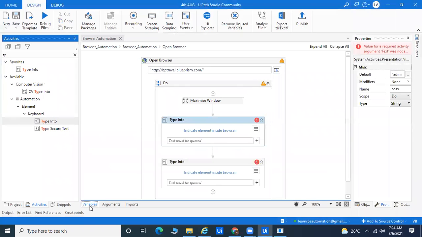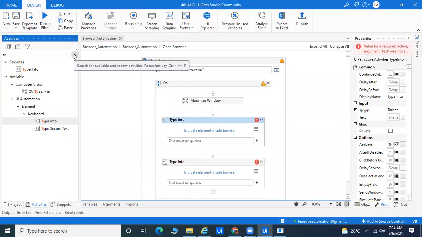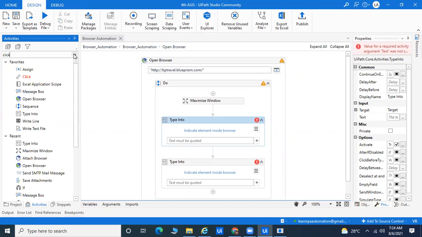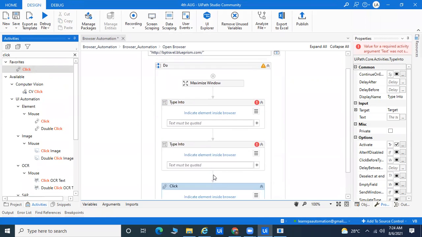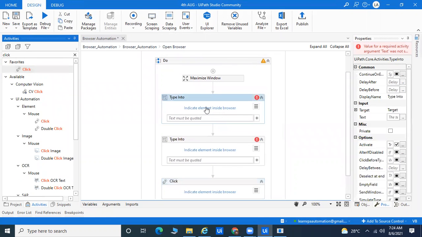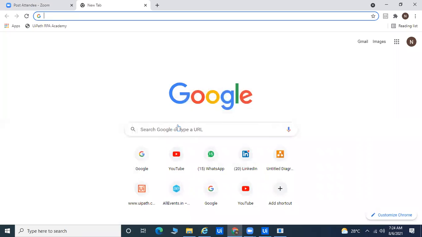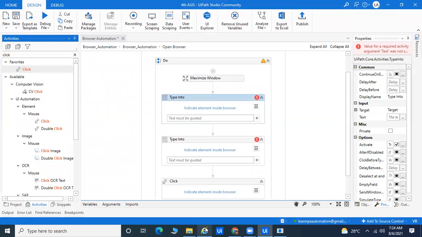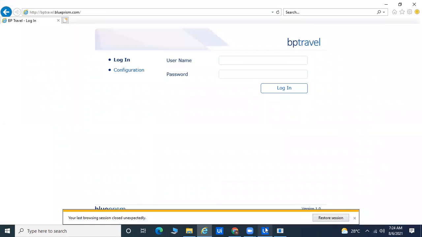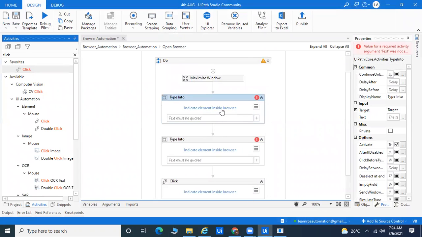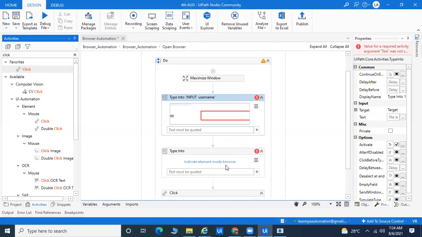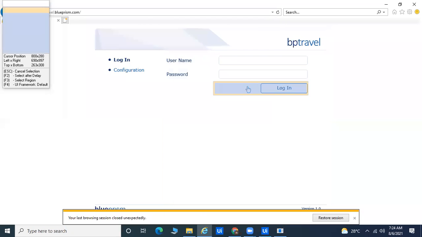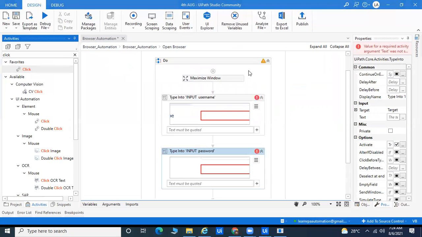Here you'll click on these things and you can log in to the system. Make sure in the background you already launched the browser. You'll go to UiPath, go for the username and the password as well, and then you can go for the login screen.